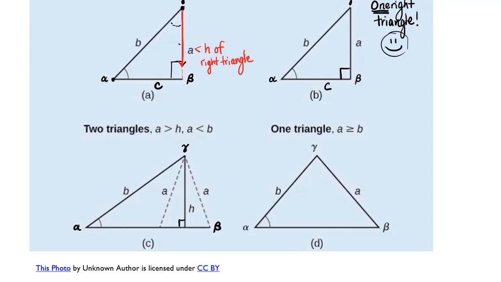So the height of a triangle would be this right triangle here. And if A is just a little bit bigger than h, but A is smaller than side B, that means A is between the height, which is the small one, and B, the side,